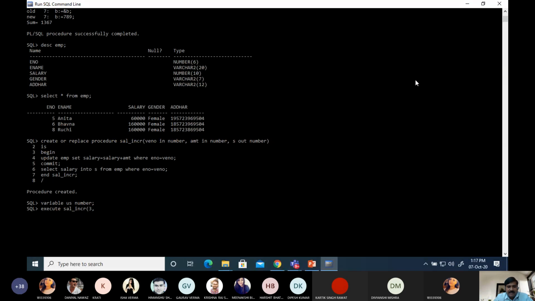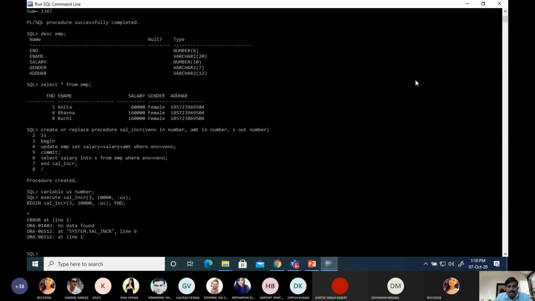So 3, and suppose we want to give a 10,000 rupee jump in his salary. Then first one is employee number, second one is amount, and third parameter colon US. So in this variable, the updated salary will be stored. Did you get it?